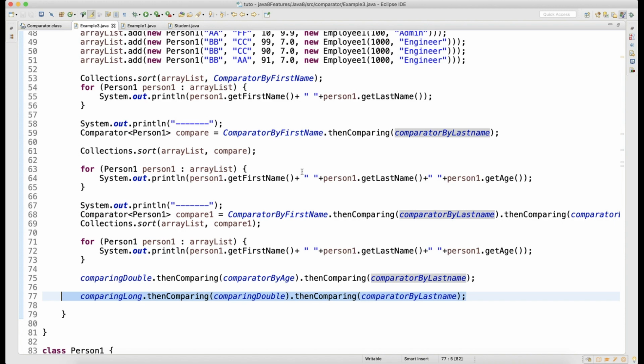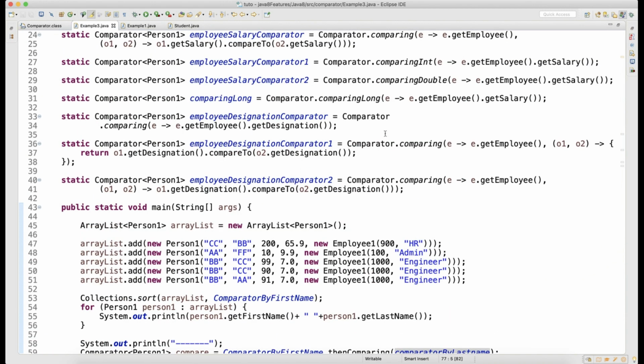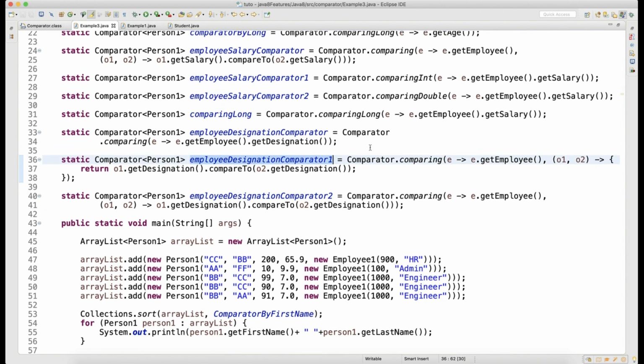Now apart from that, let's say we have designed something here. If you look, we have designed the employee designations comparator, right? This is like person has an employee object. So even we can combine this one also.